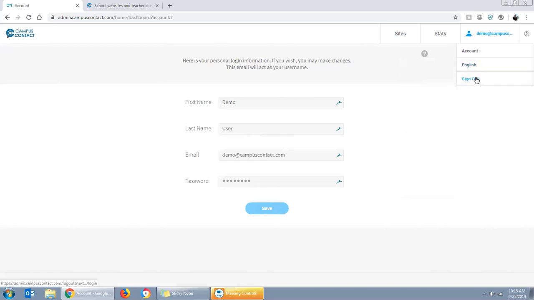Now, you do need to sign out. And this is very important. You're going to need to make sure that you sign out of your website every time you're finished with it, because it will not automatically log you out. That means if you're in your classroom and you're logged into your website and you're doing something with it, you walk away from it, it's the same as leaving your purse wide open right there on the desk,